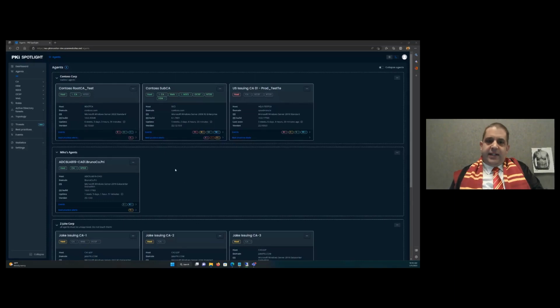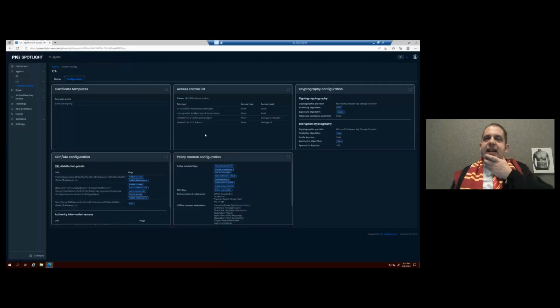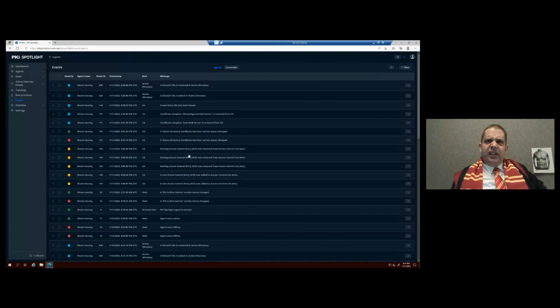So if you go and you look, this is a full view of what Spotlight looks like. This is a lab environment, but specific to the environment that we're talking about, this one server, you can see that there's a couple of things that aren't necessarily kosher. Number one, there's a certificate template that's snapped in called bad code signing. There are events that we can see. You can see there was hardening that was done here. You can see when the hardening was done. But if you scroll down before the hardening,